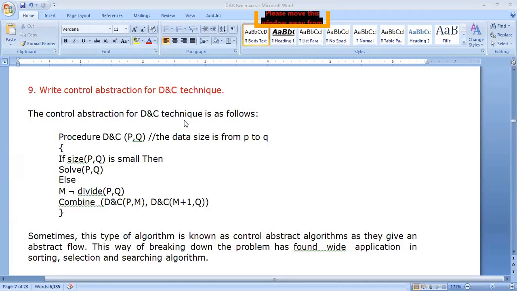The control abstraction for divide and conquer technique is as follows. Procedure divide and conquer, P comma Q. The data size is from P to Q. If size of P comma Q is small, then follow